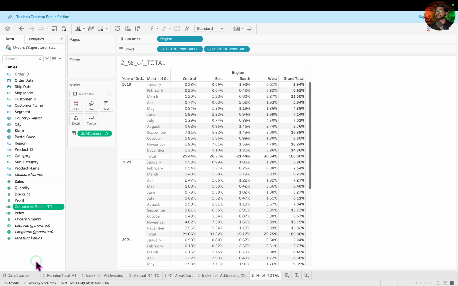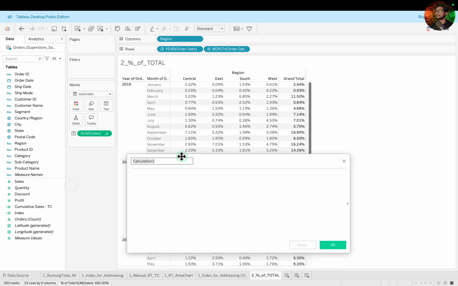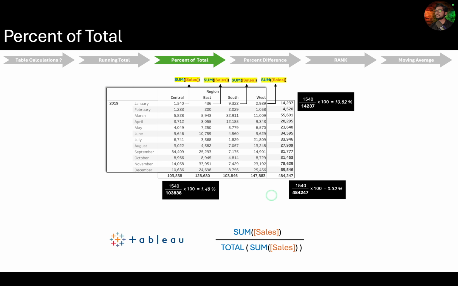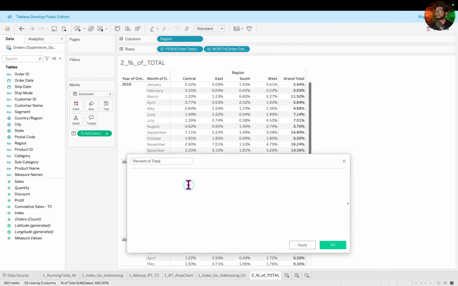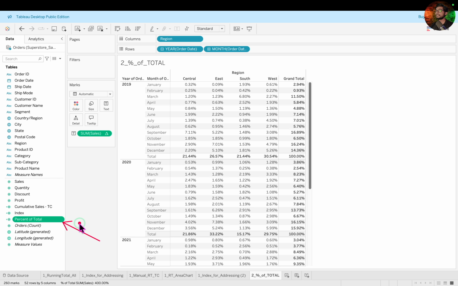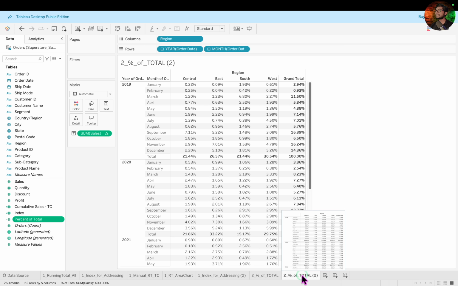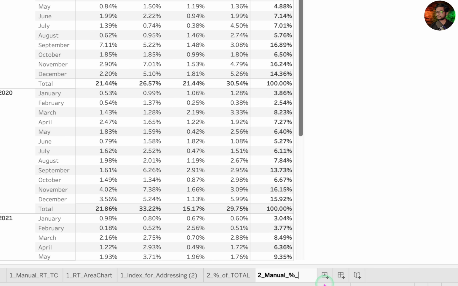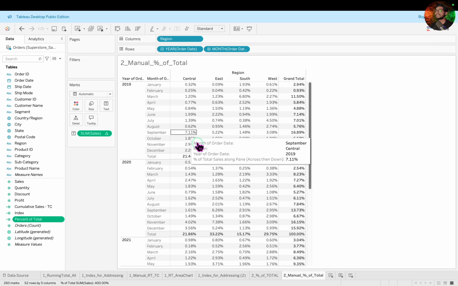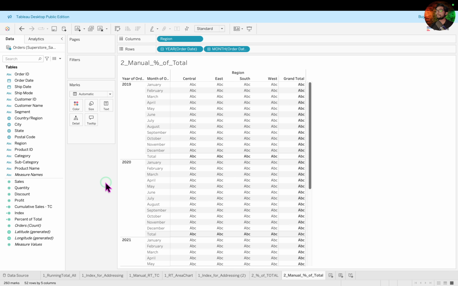The first step is to create a calculated field and name it percent of total. And inside this editor, type the formula we just discussed. That is sum of sales divided by the total sum of sales. Once that's done, just hit OK. Now to use this calculated field, let's first duplicate this sheet and rename it as manual percentage total table calculation. Next, let's remove the sales field from this marks pane and replace it with our newly created percent of total